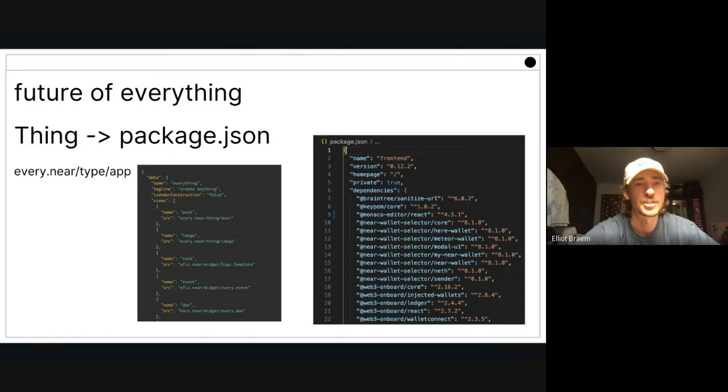One thing that we've been exploring is that a JSON is kind of like a package.json in a way.